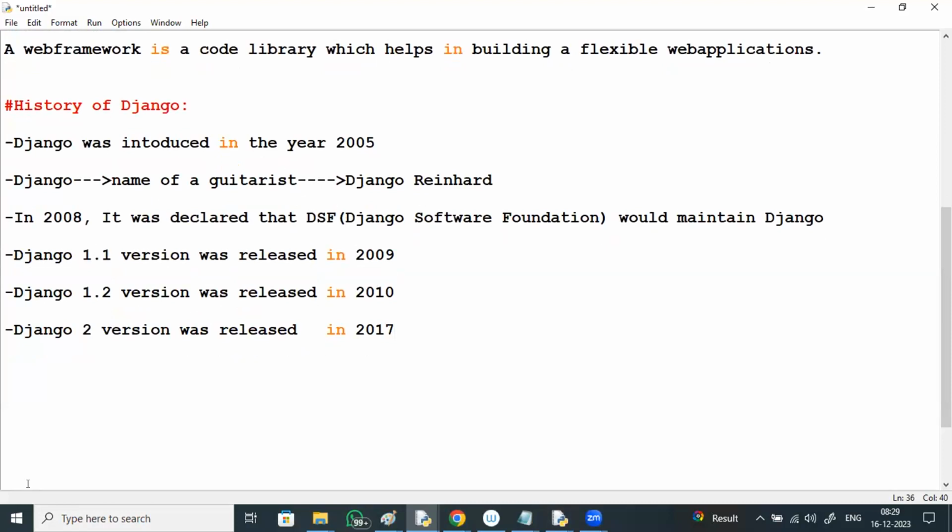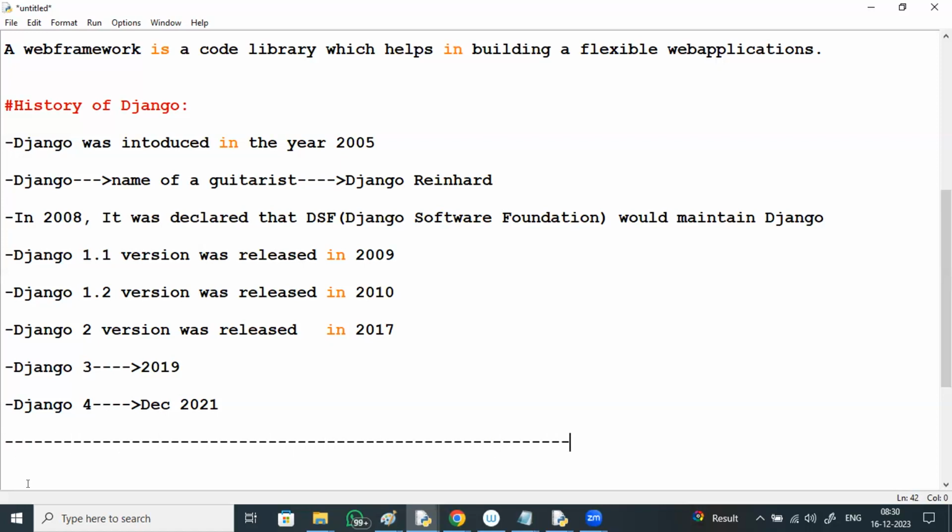Then the Django 3 version in the year 2019, sorry, 2018 or 2019. Django 4 version was released in the year 2021. And very recently, the Django 5 version was released, right? Django 1 version, 2 version, 3 version, 4 version.